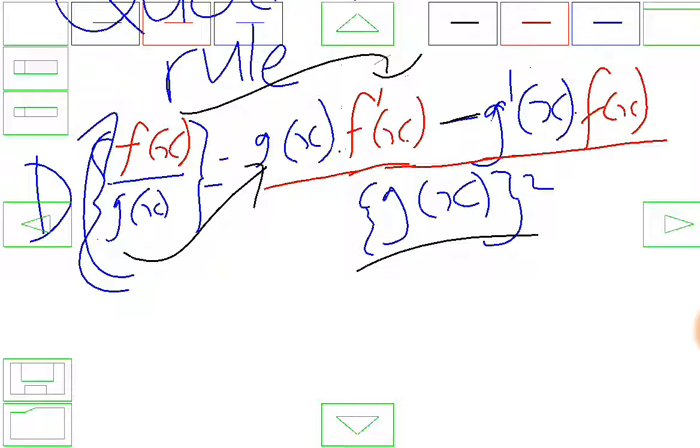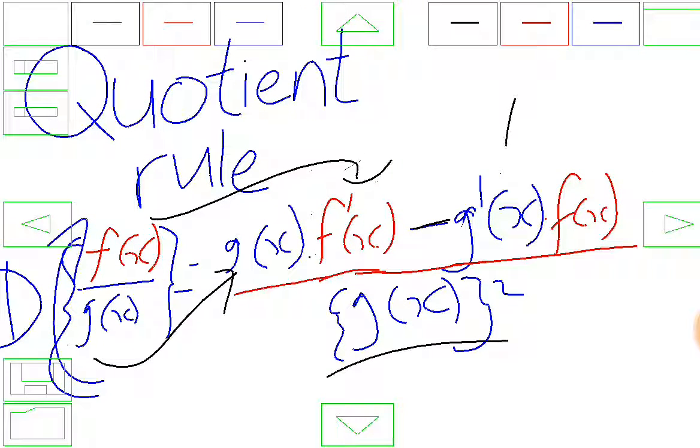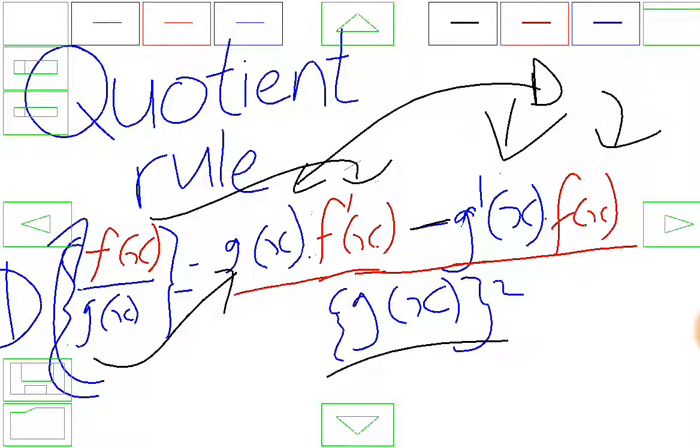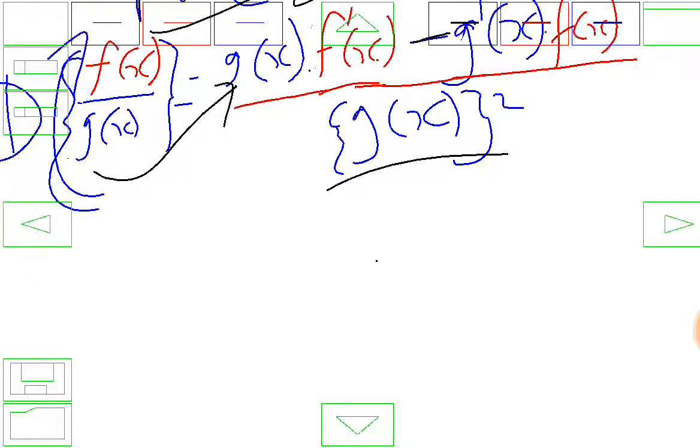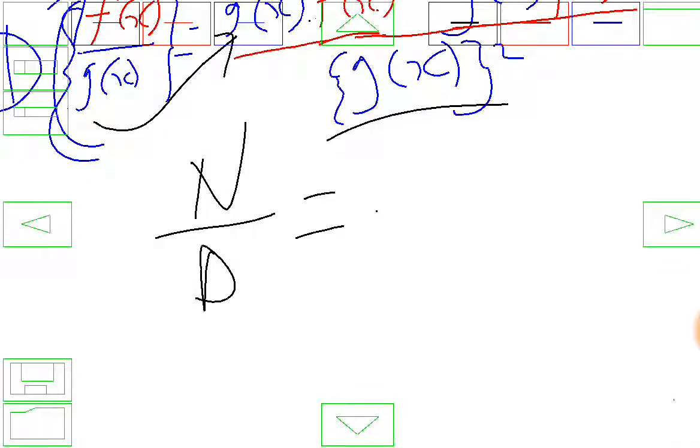So the opposite here is you take the derivative of the denominator and then you write the numerator as it is. So basically numerator all over the denominator. Now an easy way we can say is